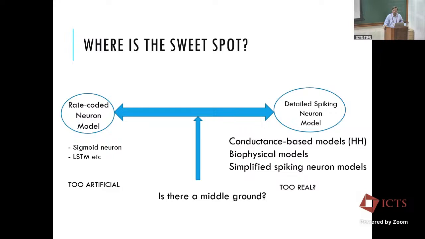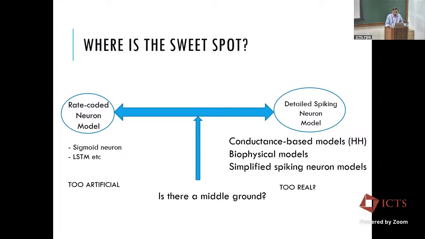So on one side, if you take biophysical neuron models, you have single neurons modeled by like 500 compartments. Some of these kind of models exist. They're very detailed. You can simulate them on the NEURON simulator. On the other hand, you have these rate-coded neuron models with which you construct large networks with trillions of parameters, and they're literally revolutionizing life on Earth, right, as we know it.